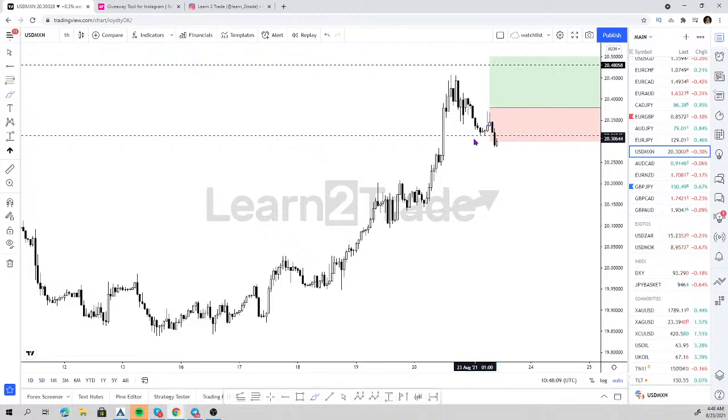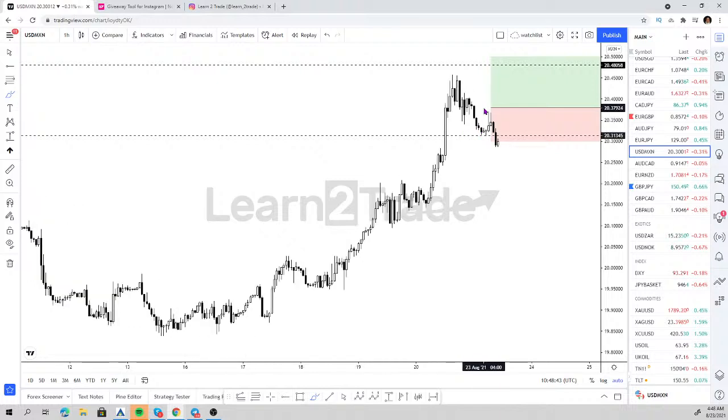So I always look, first of all, for the directional bias for the day. Then I look for the best setup, in this case to buy US dollars. And I found that the US dollar Mexican peso gave me the best setup, but that doesn't mean that I'm going to take that trade immediately. I use stop orders because I would hate entering at market and getting stopped out every single day and every single trade, right?